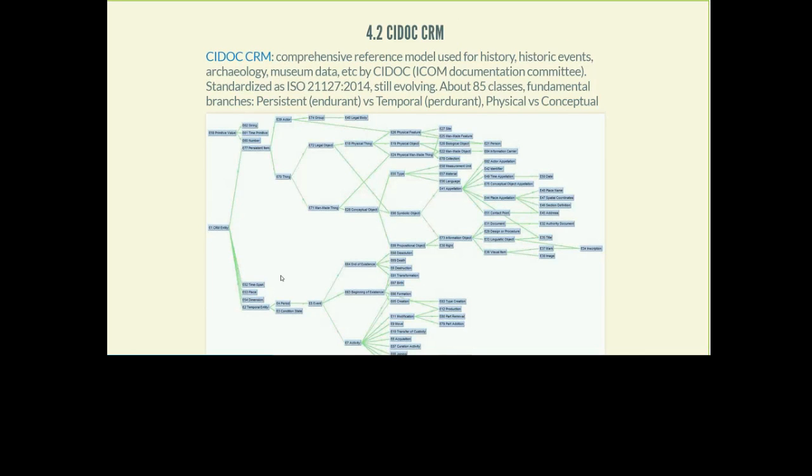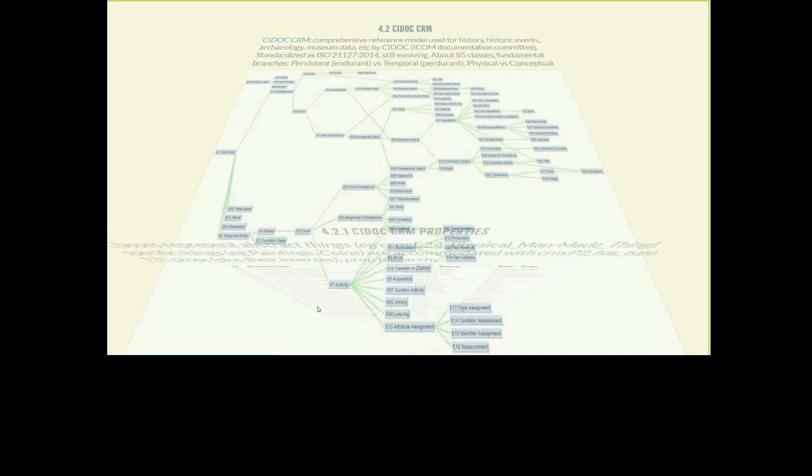One also important thing about the CRM is the event orientation. You see that the important part of the temporal entity hierarchy is event. Why is that important? Because the only way to relate dates and places and objects and agents is through events. You don't have a field "created on"; rather you'd have a creation event that would have a time span, but in the same creation event you can put extra information. Who did it, where it took place, and so on.